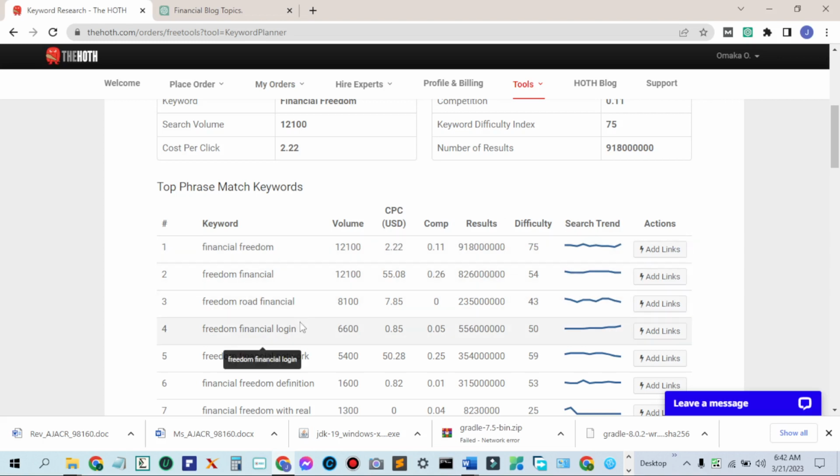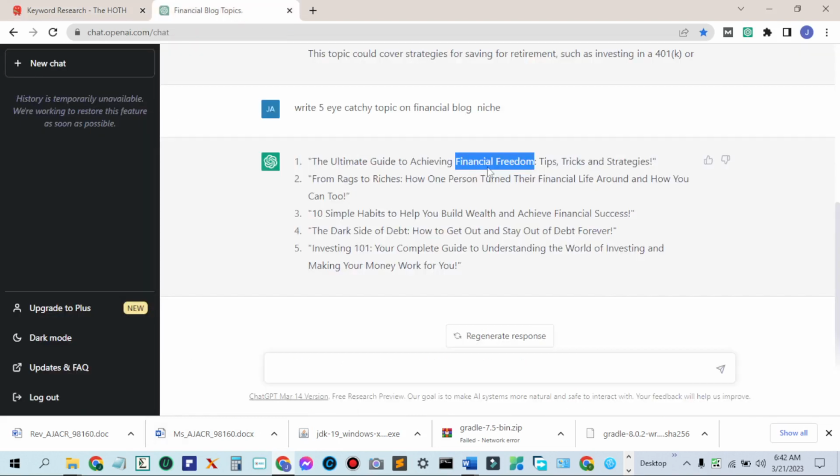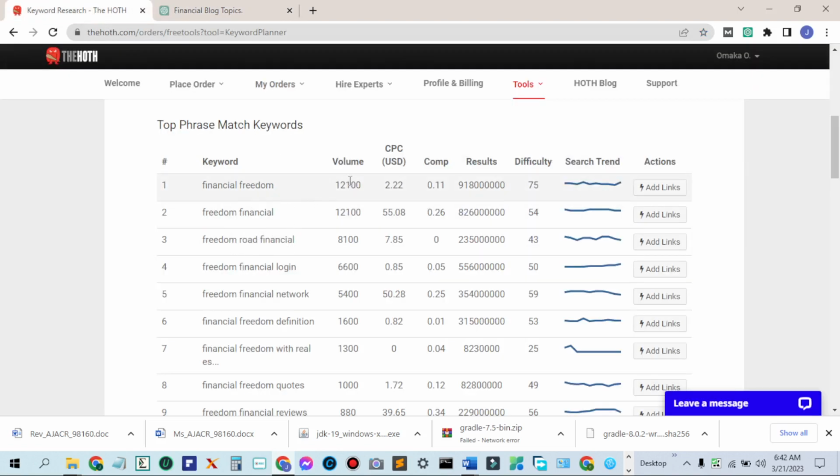Then there are other keywords here as well, though not too related to our topic, but we're going to work on this particular financial freedom, which is found in the topic we just picked here. All right, now if you look at this financial freedom, you see that the keyword volume, the search per month, is high,